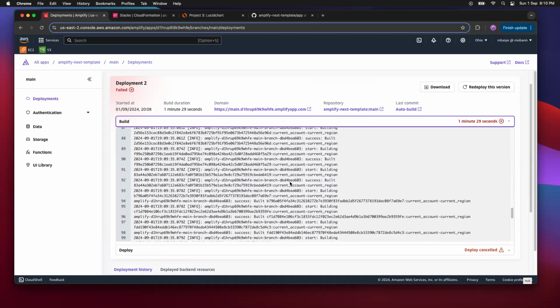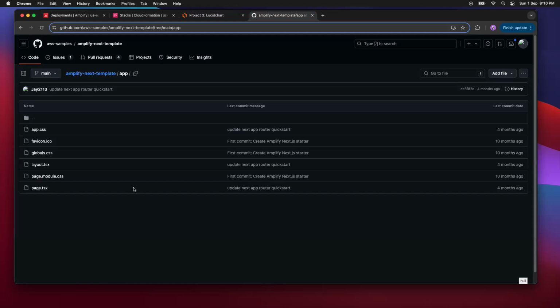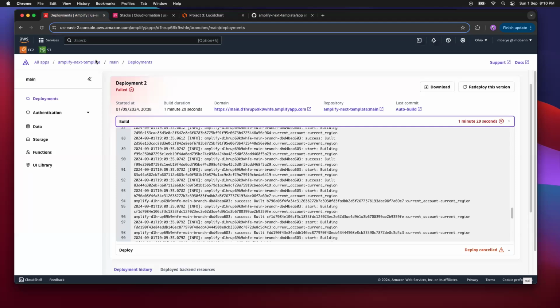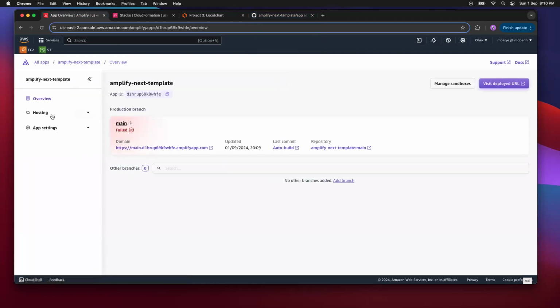Moyo, just for clarity, this code we are deploying is going to be developed by a separate team, right? Yes, the developers are the ones that would push everything to Git. So all you need to do is point Amplify to that particular repository, and then for the most part, it is the